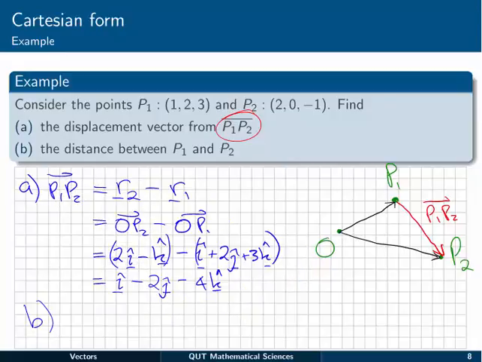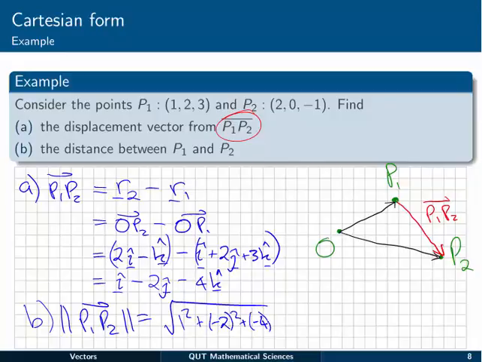To finish off the example, we're asked for the distance between P1 and P2. The distance is just the magnitude of the displacement, or the length of the displacement vector. So we need to find the magnitude of the vector P1 to P2. And this will just be given by the square root of the sum of the squares of the coefficients. 1 squared, minus 2 squared, and minus 4 squared. That's the square root of 21, which we can leave in exact form as the distance